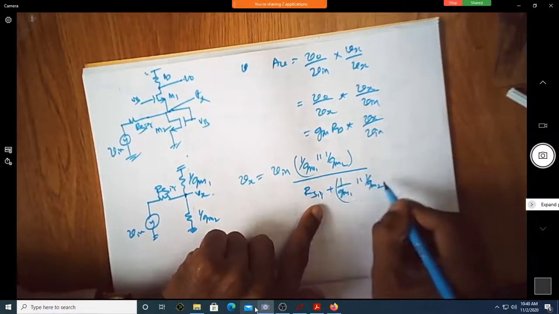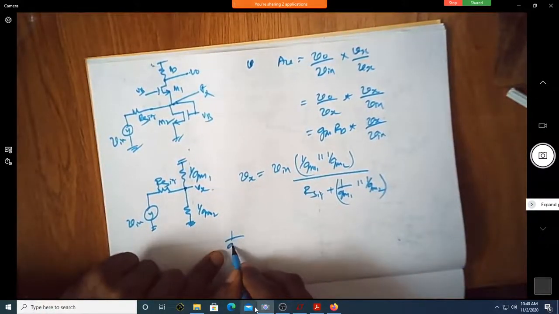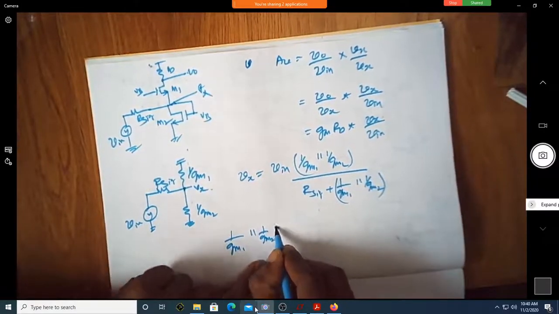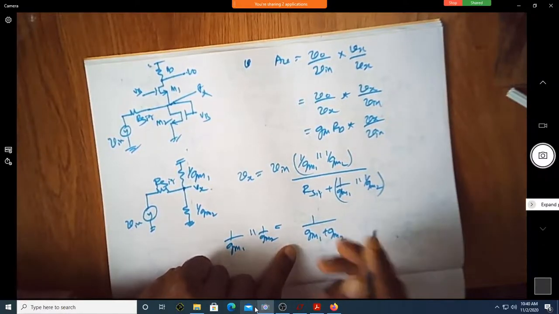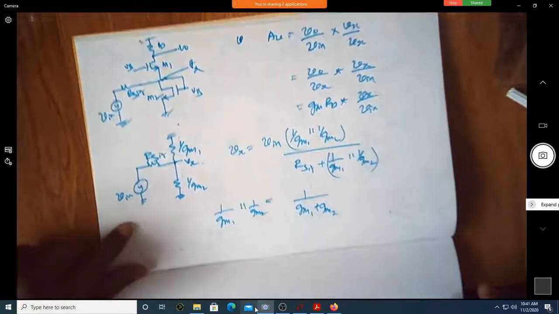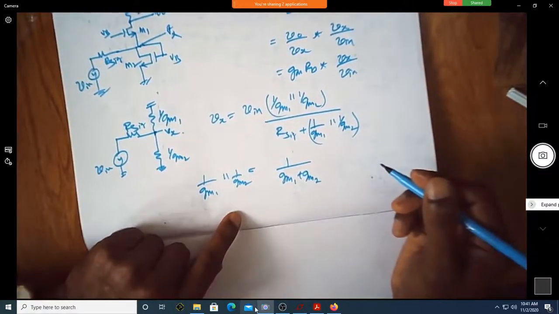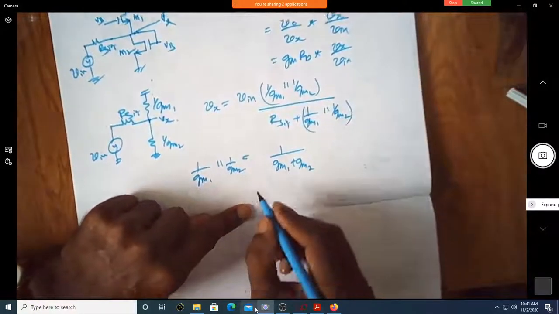Very good. So actually 1 over gm1 parallel with 1 over gm2 can be written as 1 over gm1 plus gm2. You do the derivation yourselves. Whenever you want to clarify, this is so and so. So I will rewrite this as